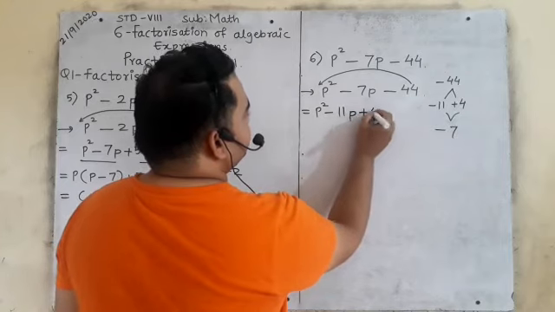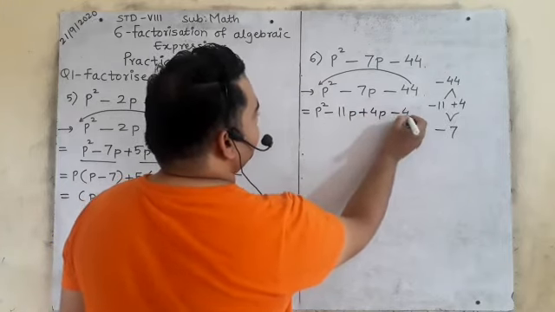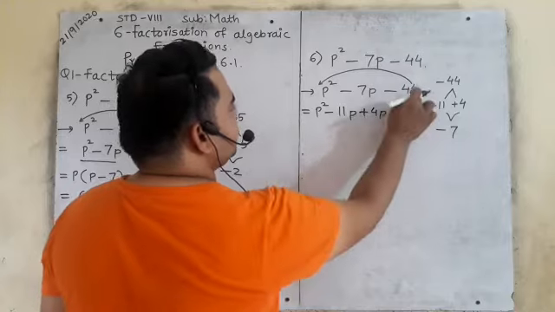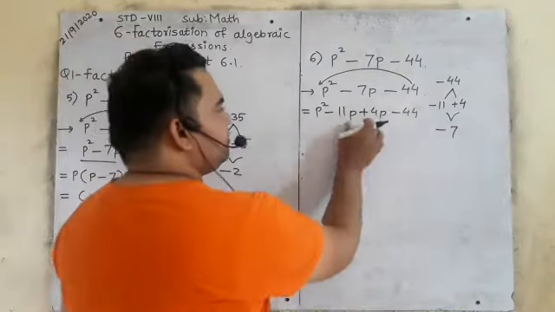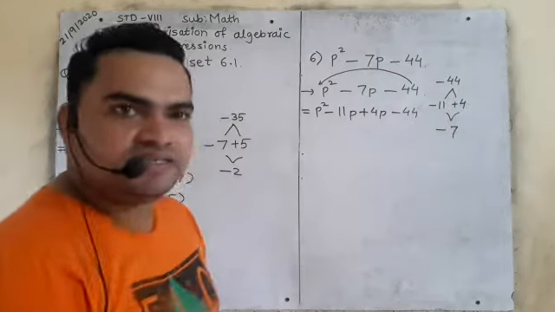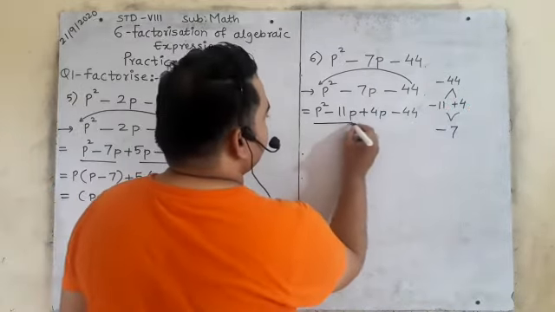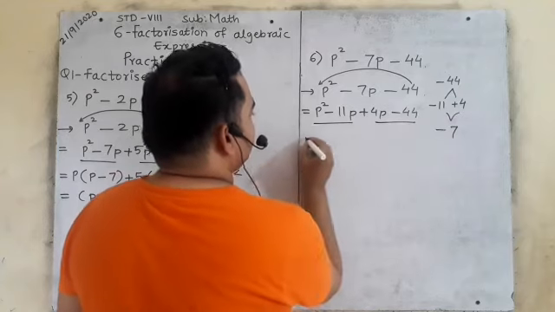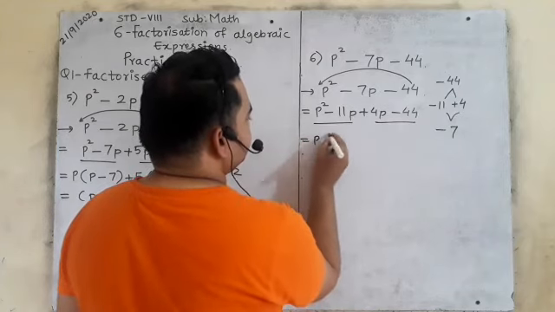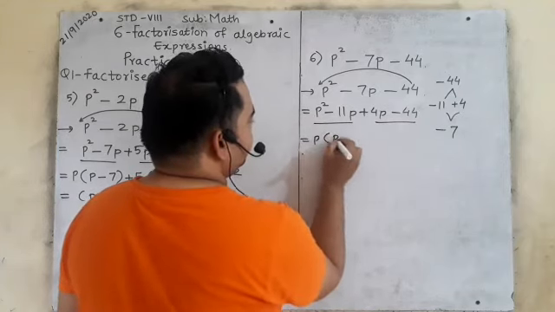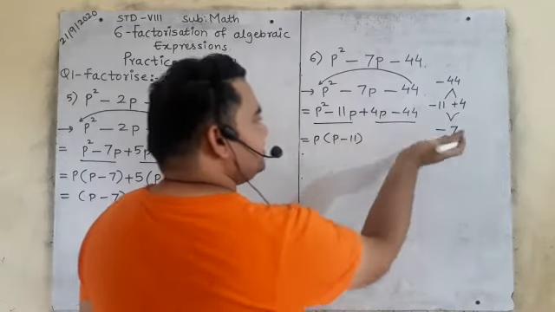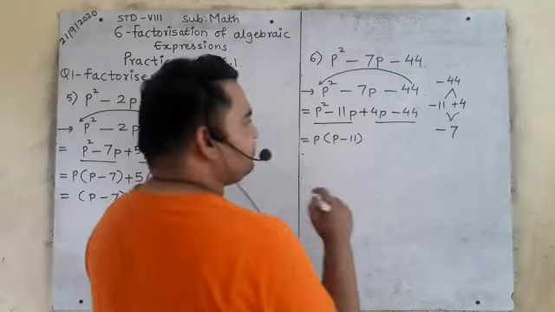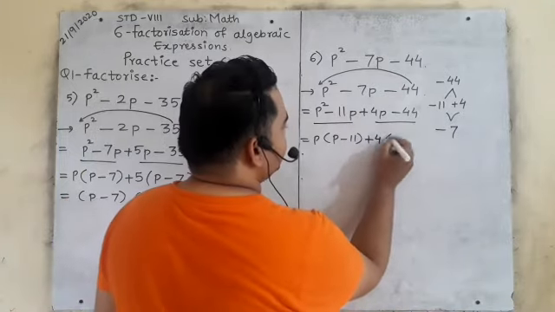11p plus 4p minus 44. First term as it is and constant term as it is. Middle term will split. Okay, here we will write these factors only. Is it clear? Now we have to find the common between these two and these two. Okay, common factor. P is common. What remains from here? 1p minus 11. Okay. 4 is common because 4 11s are 44. So plus 4 is common.